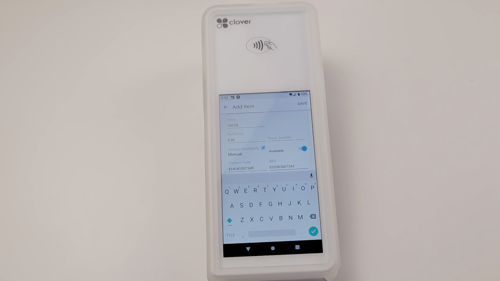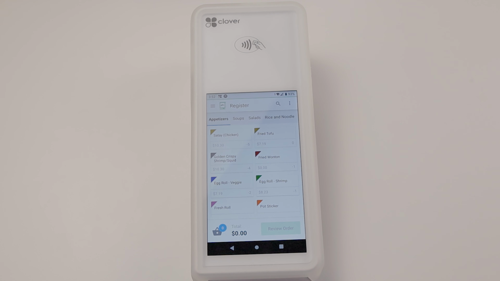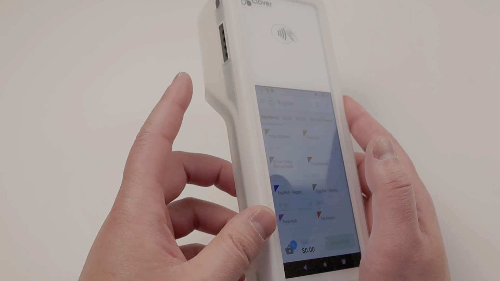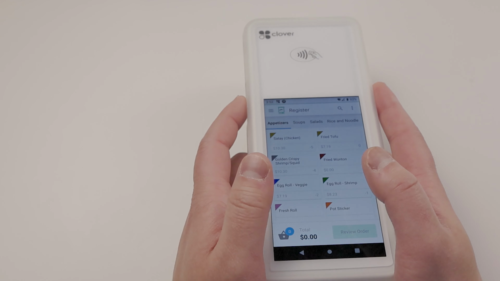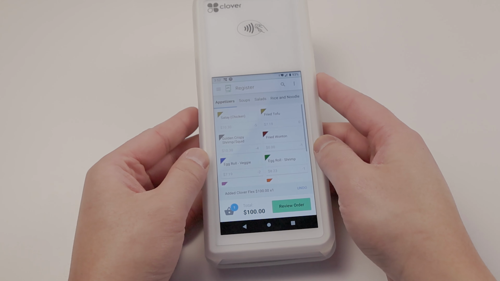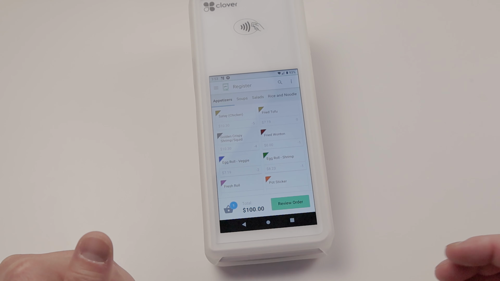The next thing we're going to do is head over to that register app where we'll be able to sell these products. Once you've made your way over to the register app, you're going to use that same button to trigger the scanner, and I'm going to scan the UPC first. We've then added that product here into our cart,